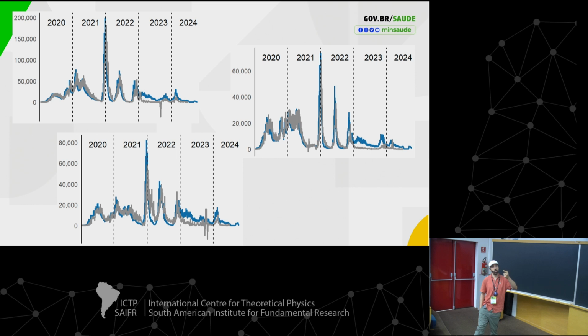There's another, so this is one of the differences between the two time series. Another important difference is that for the blue line, the cases come from the dedicated notification system itself. So in Brazil, there's the ESUS Notifica, which is a system that was built specifically for that. And the gray line, so the municipality and the state, they would count the number of cases not only based on the